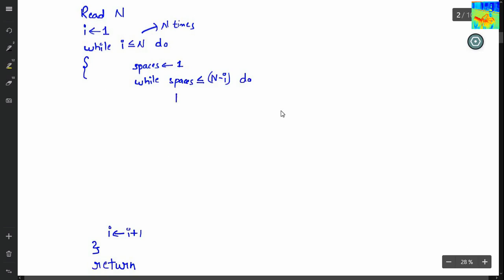What will I do? I will print spaces. Spaces equals spaces plus 1. Okay. So this loop will run n minus I times, and each time I will print a space.